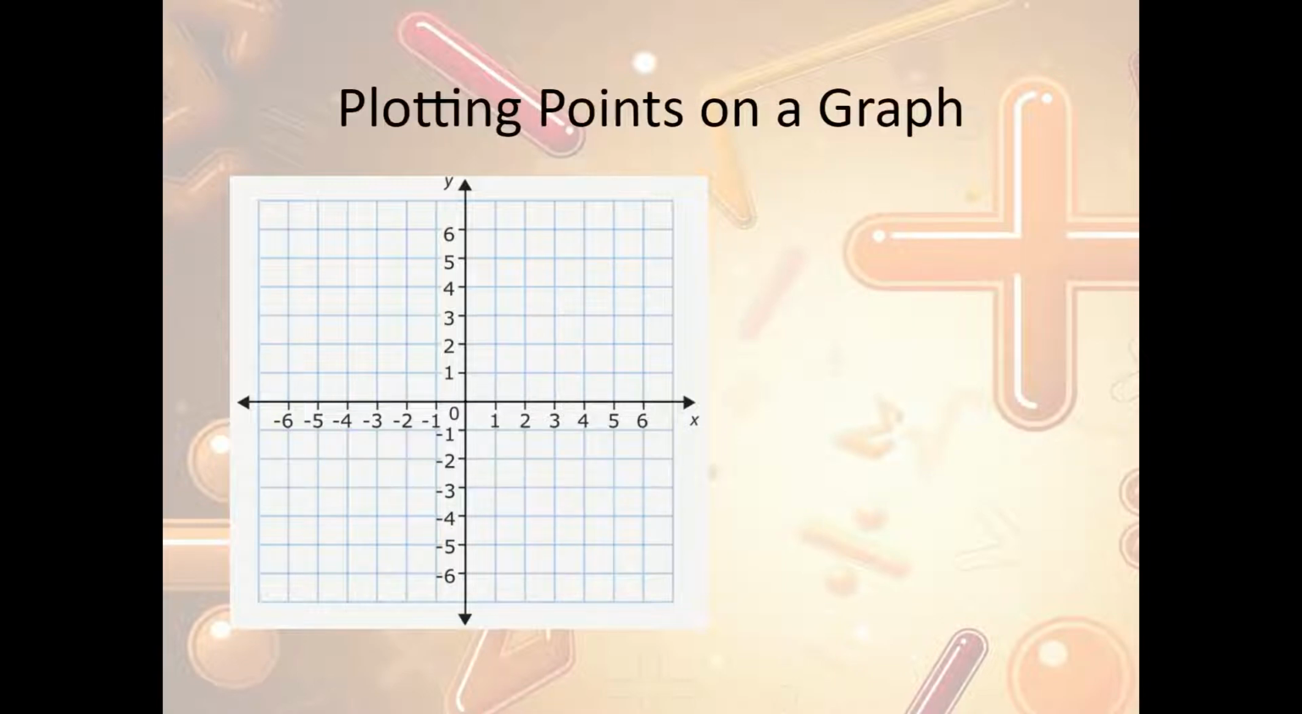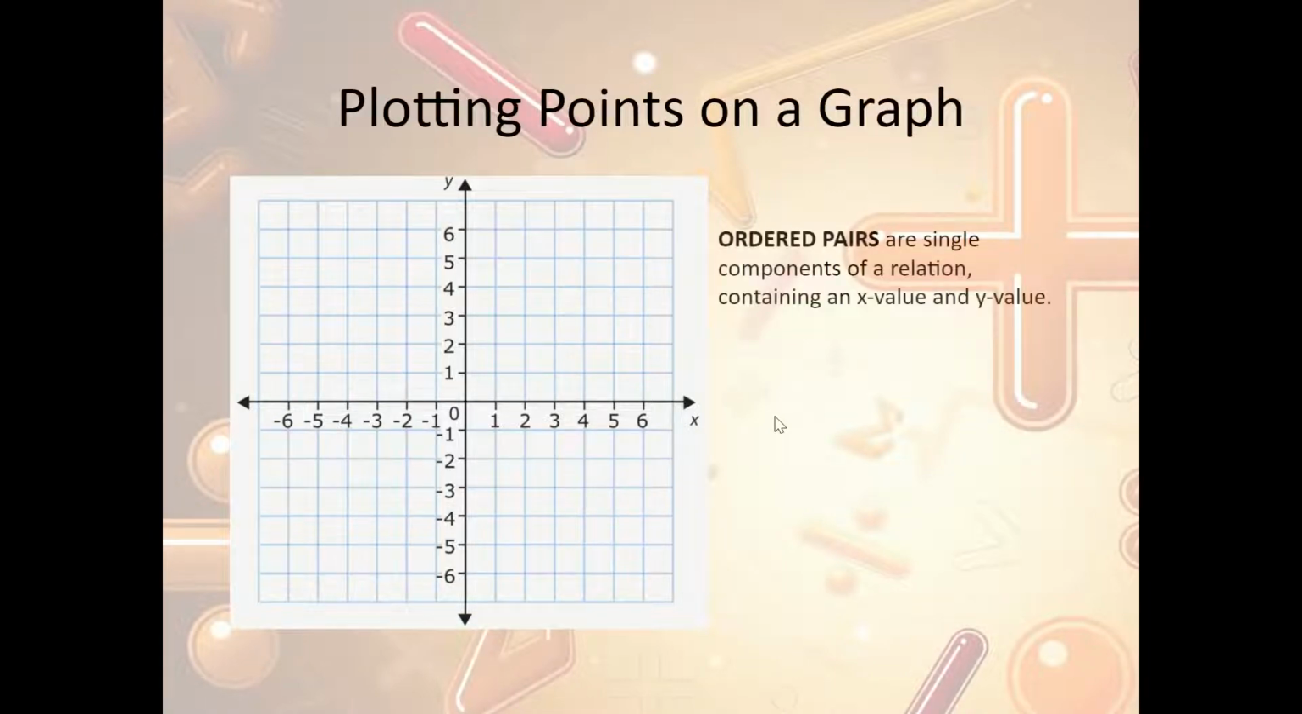Now, how do we plot points on the graph? Well, first of all, we're given ordered pairs. Ordered pairs are single components of a relation containing an x value and a y value. So what that means is we're given an x and a y. For instance, this is an ordered pair,